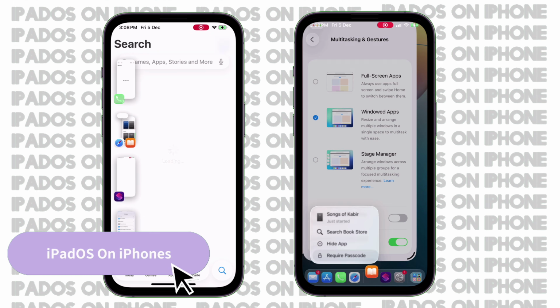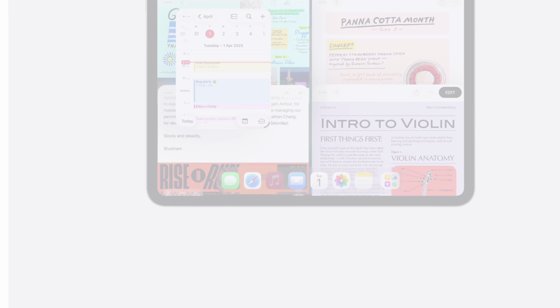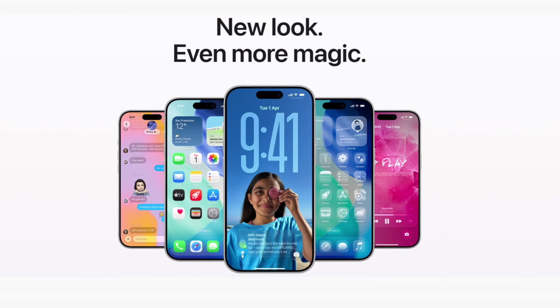Hello guys, today I bring you another video on how to install and run iPadOS on your iPhone without any